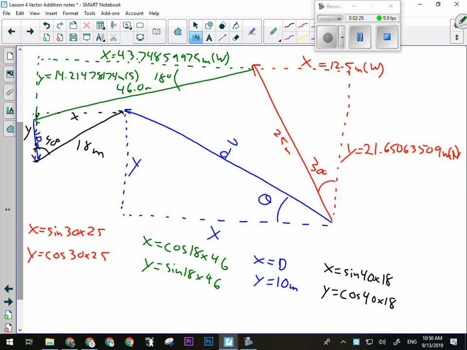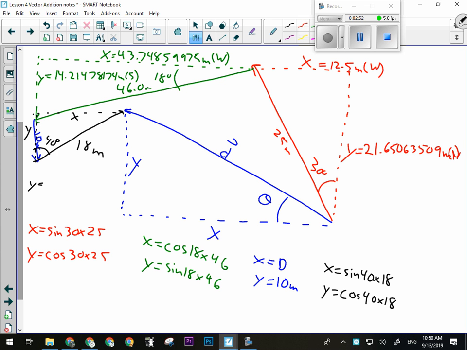Okay, the blue 10 is easy because it's due south. It has no x component because it doesn't go east or west. So the x component for that one is 0, and the y component is 10 meters south. And then I've got the black triangle here, which is quite small, but black y ends up being the adjacent side. So cos of 40 times